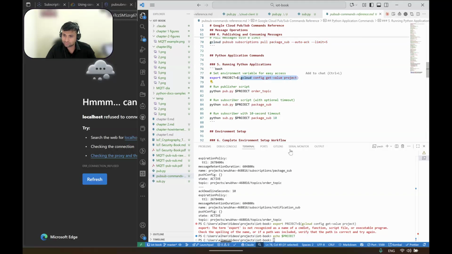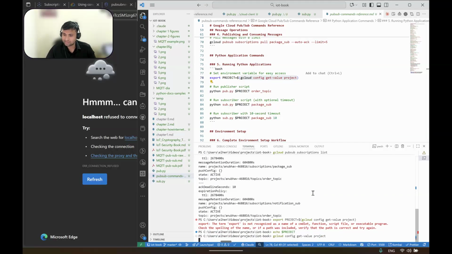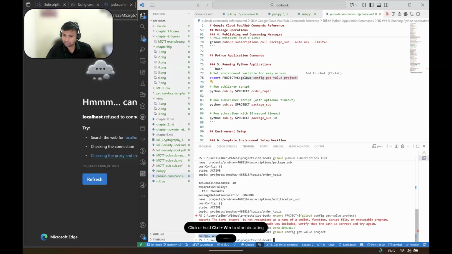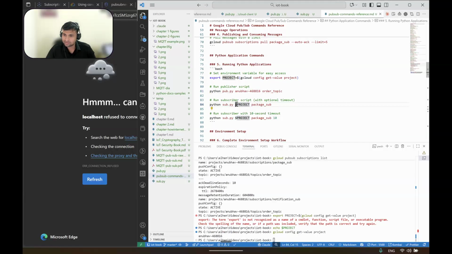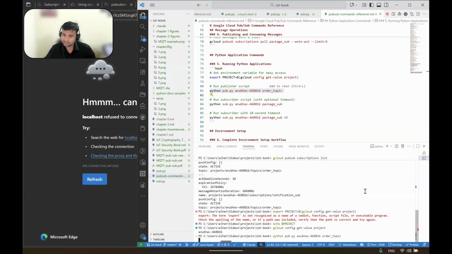So I'll do a small hack here. I'll get the project ID, which I already knew from the starting, and instead of this, I'll directly hard code this project ID. Now if I run this command,